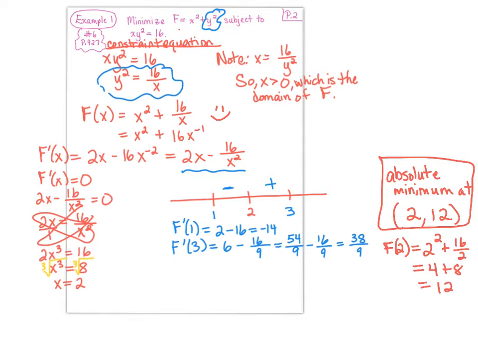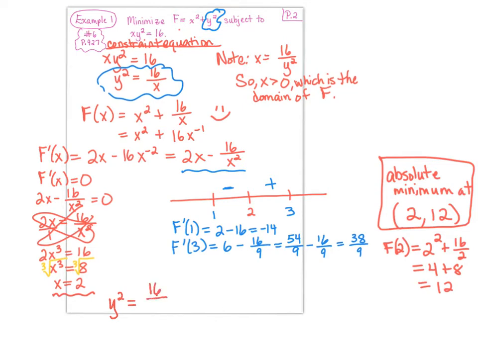We also need to make sure, that's our absolute minimum because we were asked to minimize this. But notice that we found out x was equal to 2 over here. Notice that you can also find out y using this blue equation up here. Okay, so x is 2, so y, let's use our red one. So y squared would be equal to